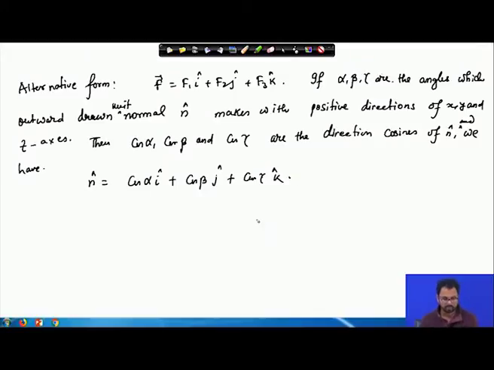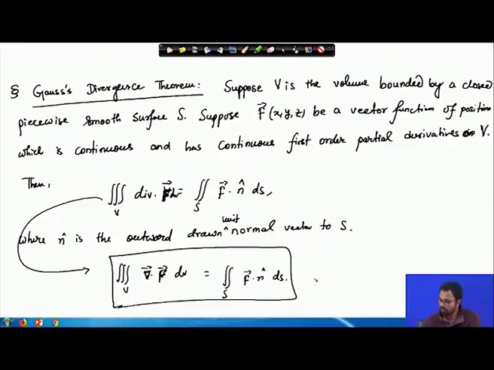So, we can write n in this fashion. Therefore, F dot n would be F1 cos alpha plus F2 cos beta plus F3 cos gamma,